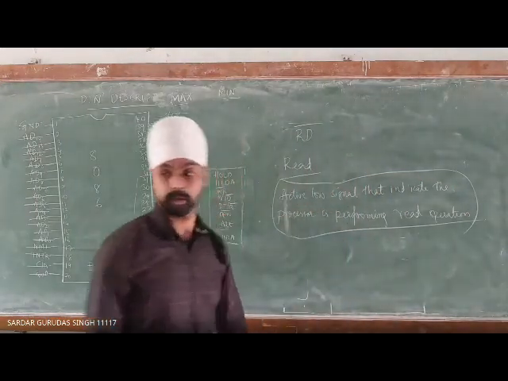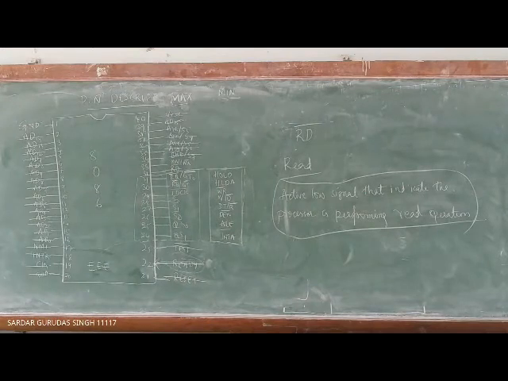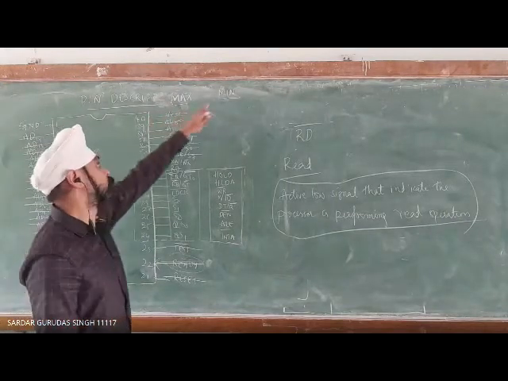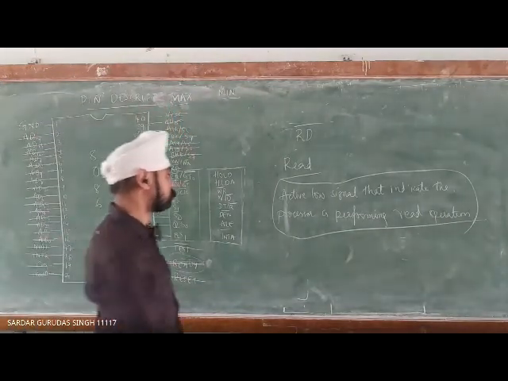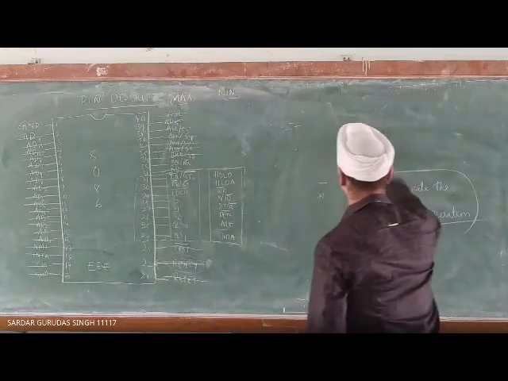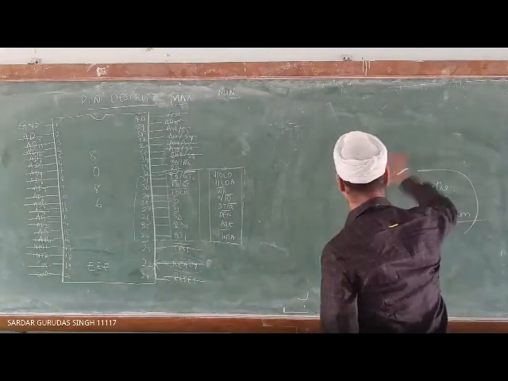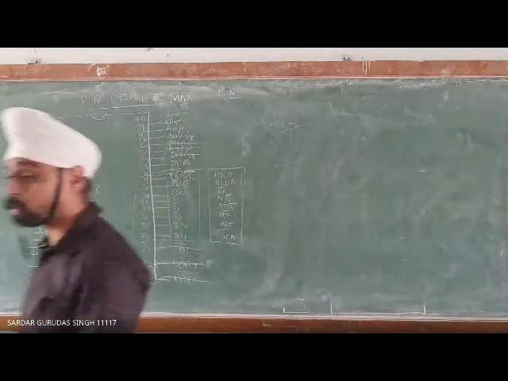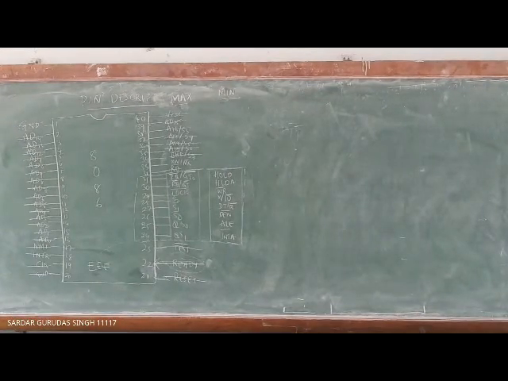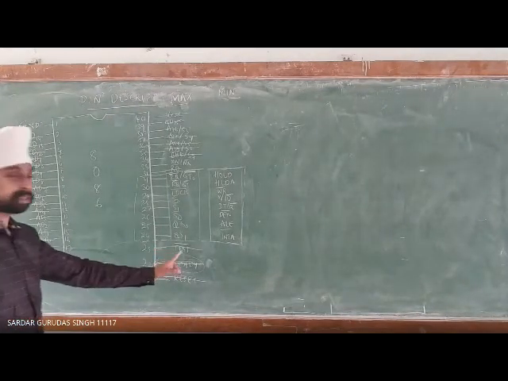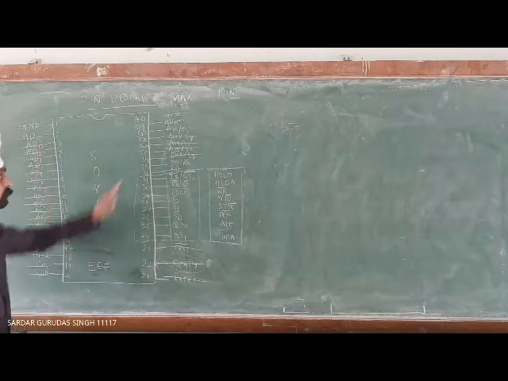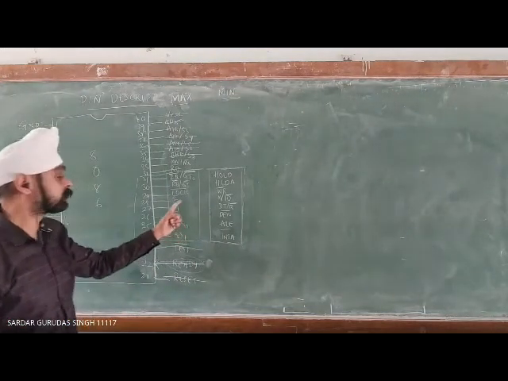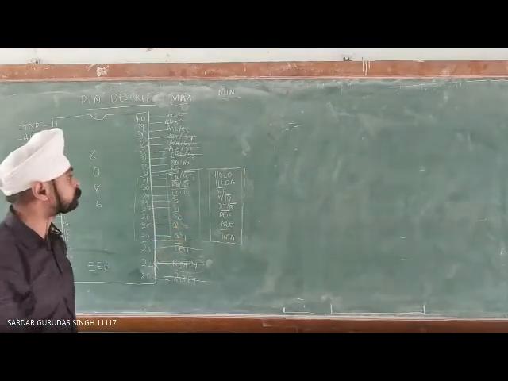So these are the common pins that are available for both minimum mode and maximum mode configuration. This is the first category of pins, which are common for both. Whatever pins we have discussed till now are common for both minimum mode and maximum mode.